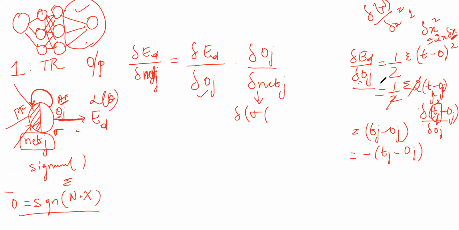Because net J is what? Summation of weights into X, right? So I can write it as net J. So it is sigma of net J divided by